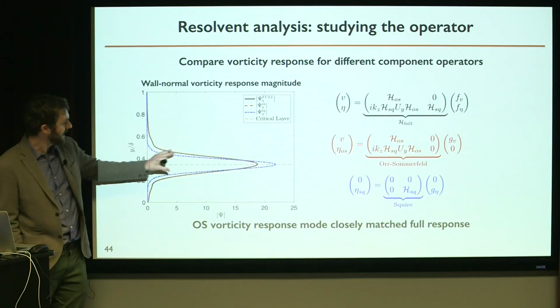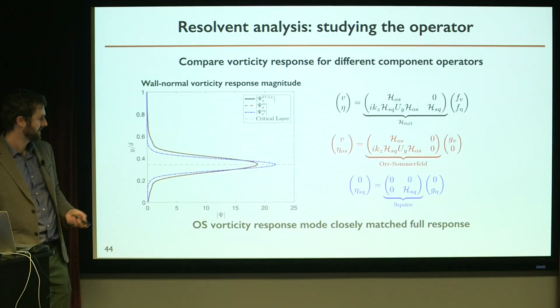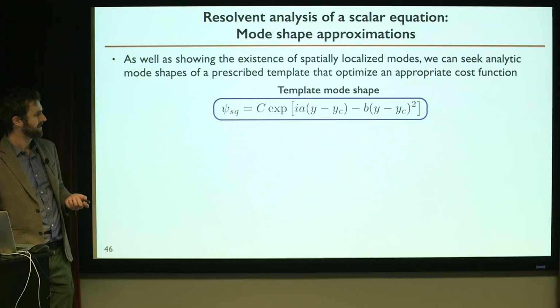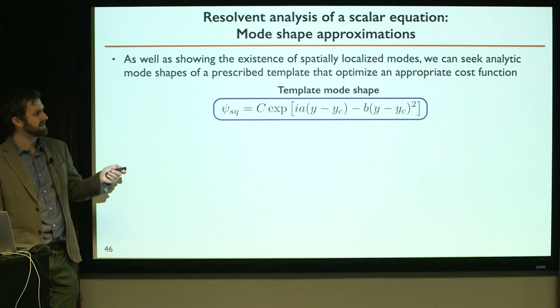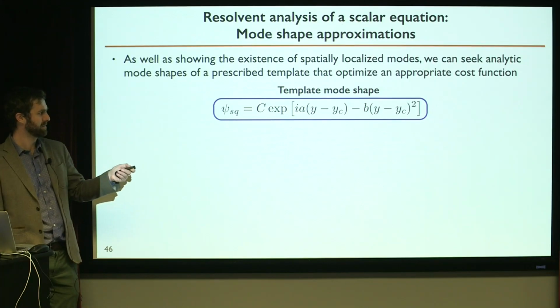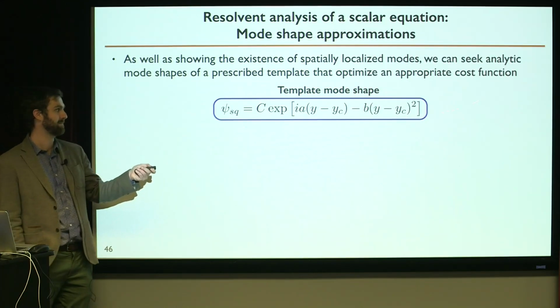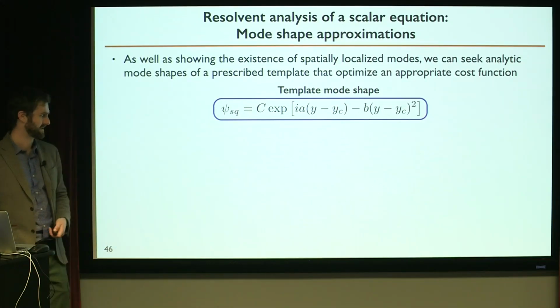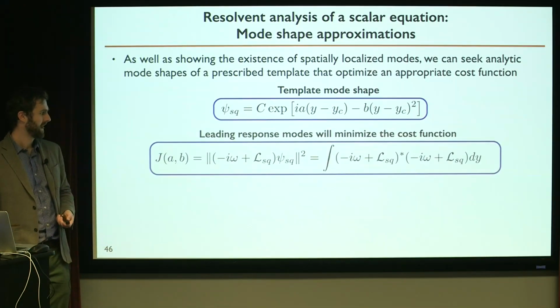And we seem to have this symmetric distribution about there. It turns out that there's some theory that suggests that these modes should be able to be modeled, at least for this simple system, by a relatively simple template. And this is sort of the simplest case of this type of analysis. We can extend it a little bit further, but